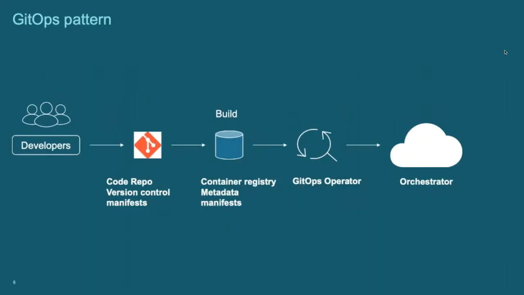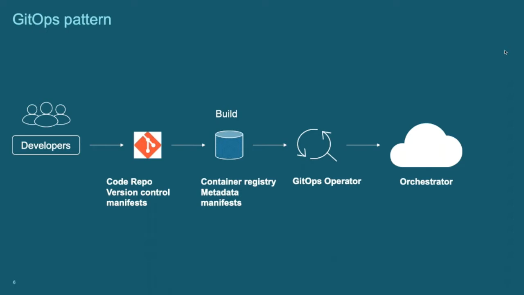So GitOps as such follows a certain pattern. Here the developers or DevOps check in their artifacts or documents into a Git repository, and there would be a CI/CD pipeline which picks it up and takes it to deployment in the case of application development. But in the case of infrastructure, we have a GitOps agent, which is sitting along with the orchestrated deployment environment, which keeps looking at Git for any changes in these configuration files.